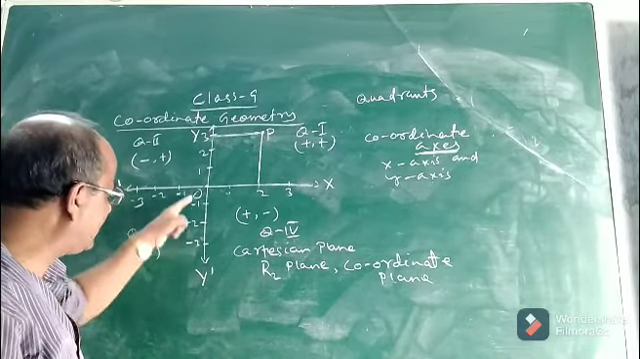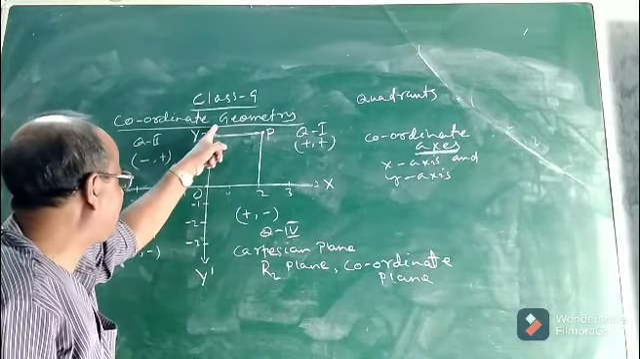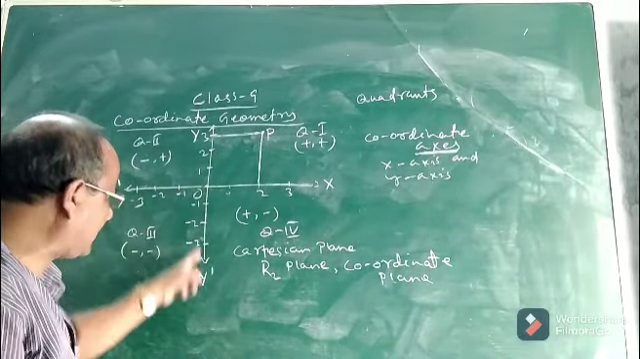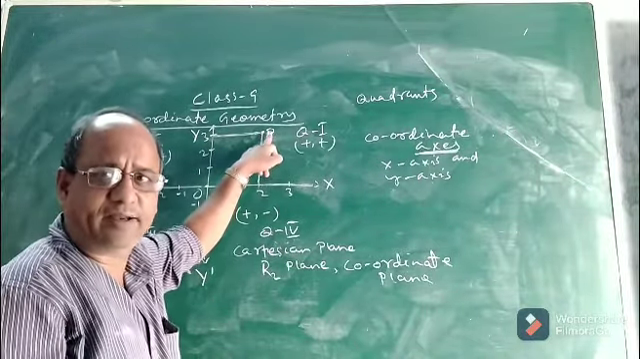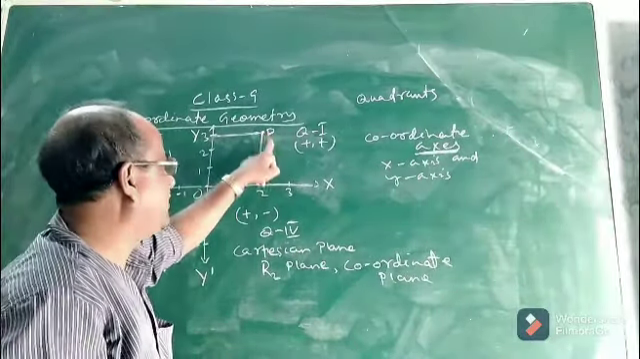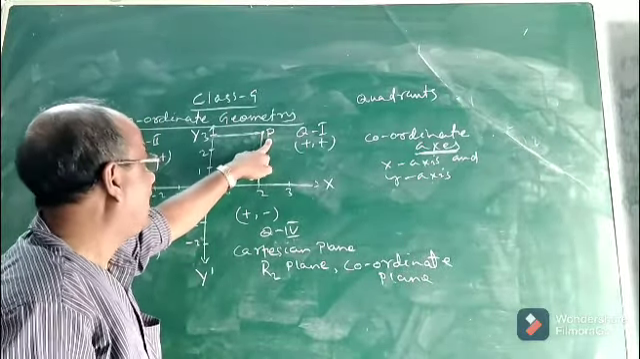Similarly, OY dash is the negative y-axis. Okay, positive x-axis, positive y-axis, negative x-axis and negative y-axis. Okay, now if we take a point P in the first quadrant, then this point P will be at some